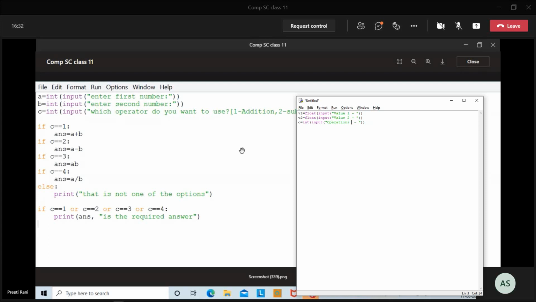Please do all the calculator part, and I want an answer from all.